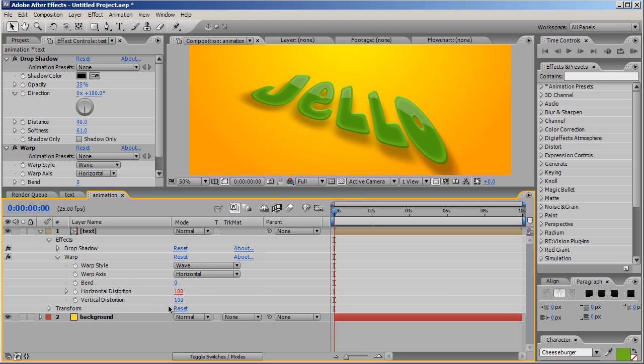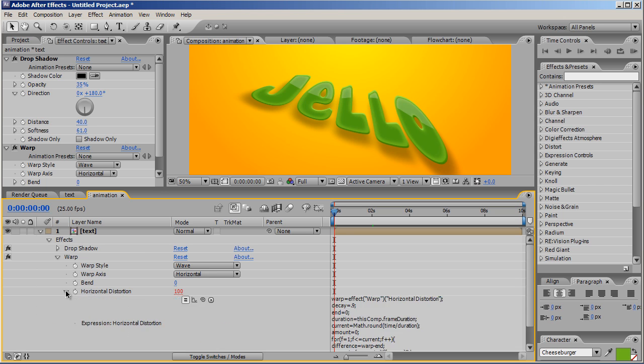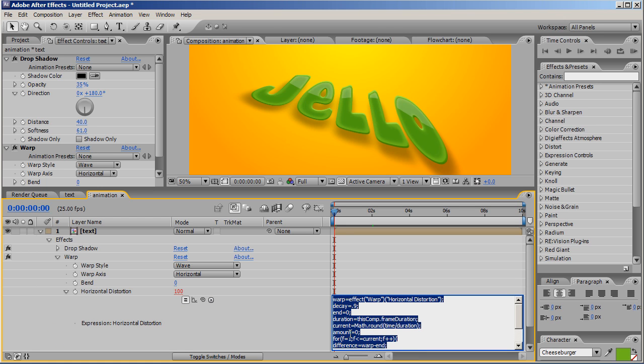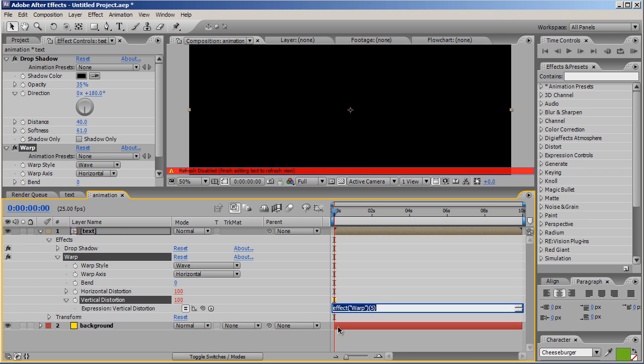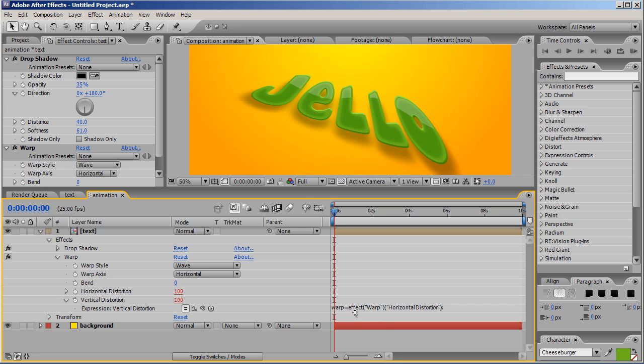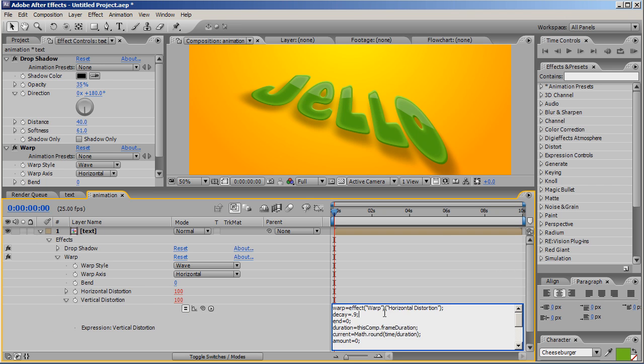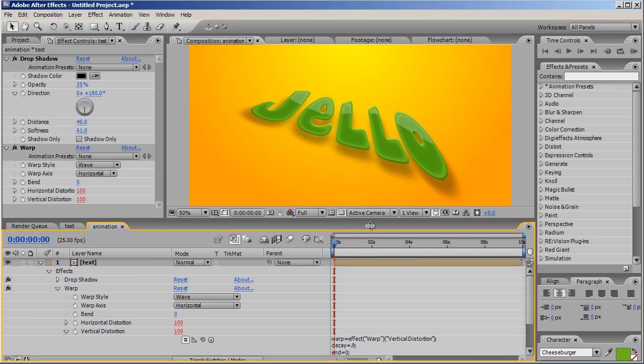But we don't want to just have the bounce happening in the horizontal direction, we also want it to happen in the vertical direction as well. So if you copy your expression, just a Control-C or Apple-C, Option click the stopwatch on vertical distortion and paste in the new expression. So you can see it there. Now the one thing we have to change, because it's set to the horizontal distortion here, is to remove that and pick whip to vertical distortion. And if I create a quick RAM preview,